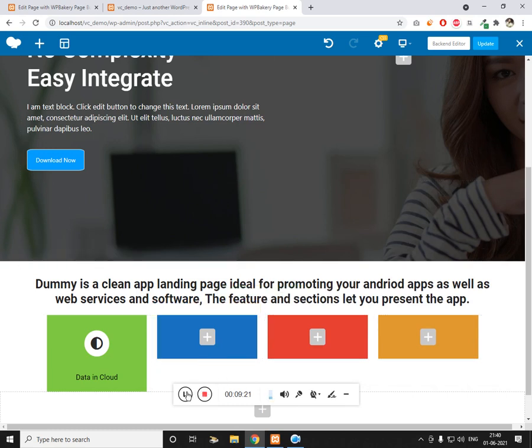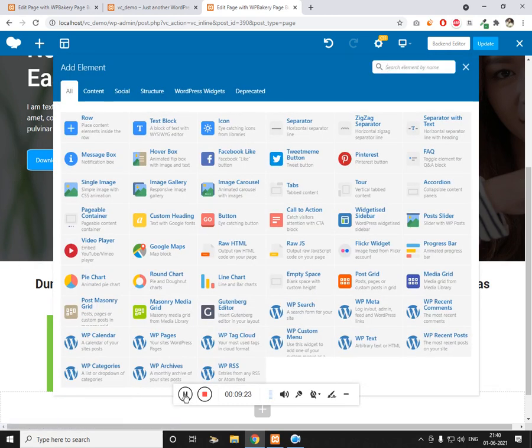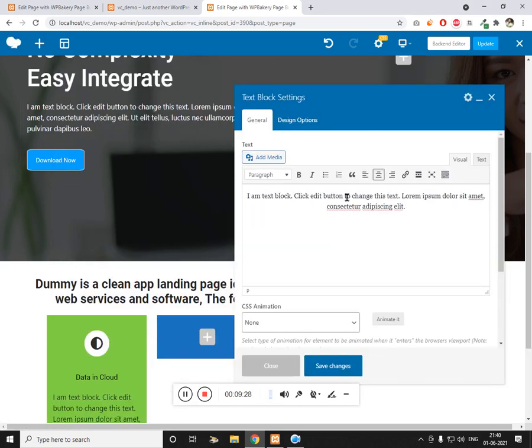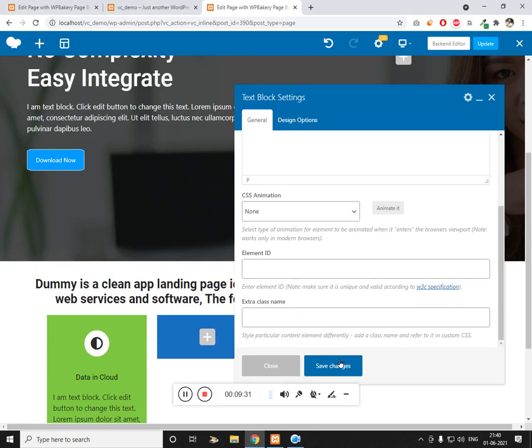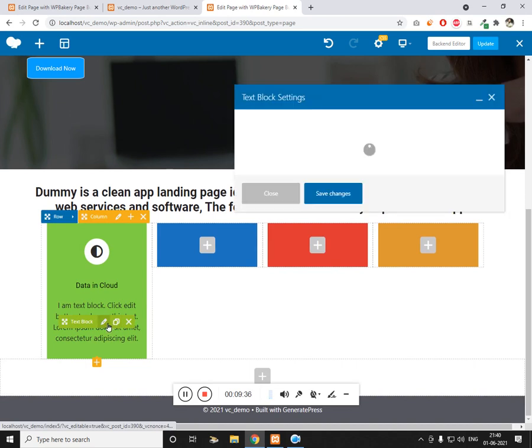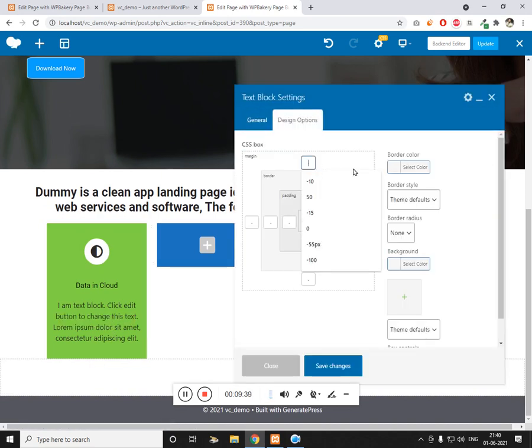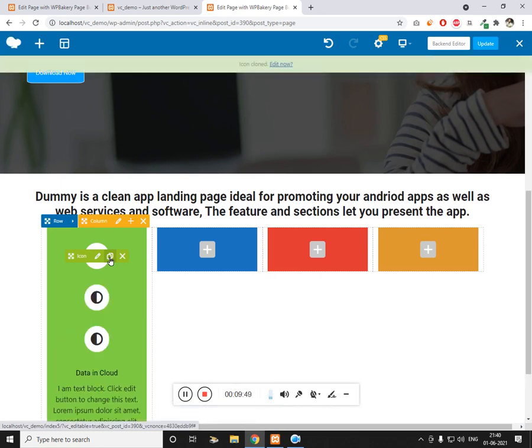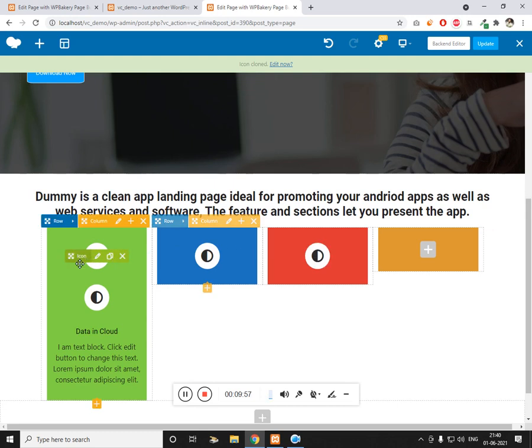Cool. Now let's work on the text block. So text block, let's add the text, and I want it to be center align, and click on save. And now if you want negative margin, you can make the negative margin, let's say -10 pixel. Click on save, and that's done. You just want to duplicate the element which you have dropped inside the inner row, and just drag it into the adjacent columns. That's what you have to do.